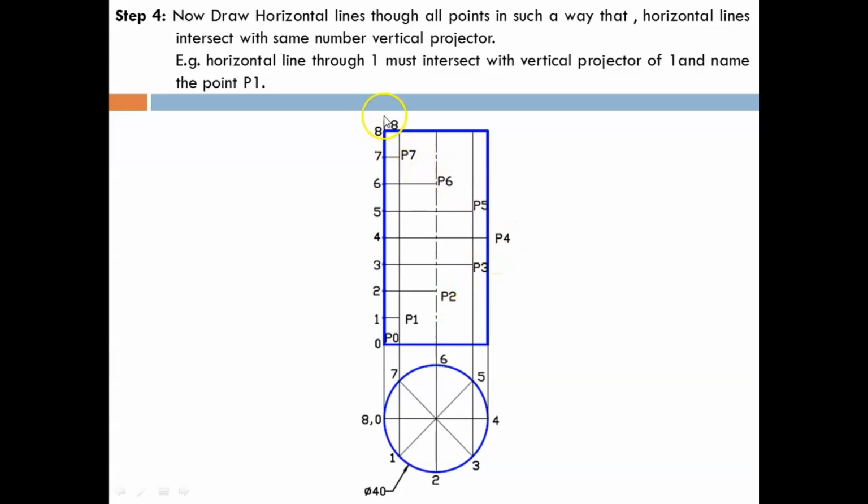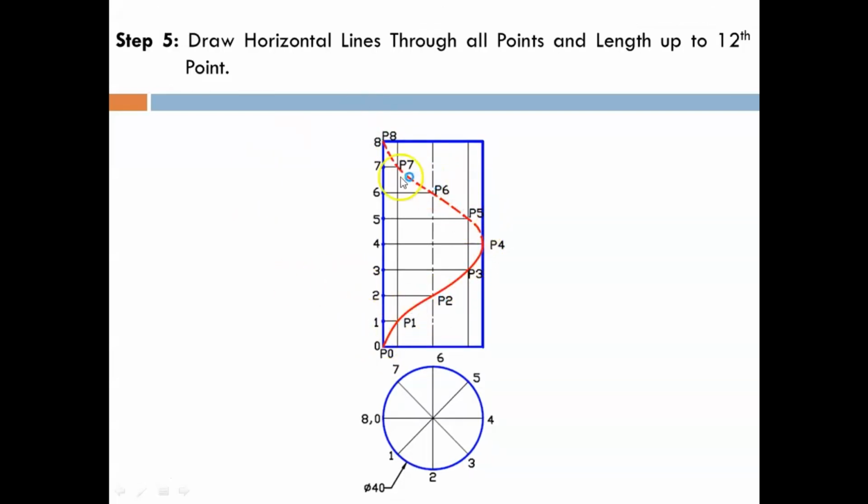Now join all the points with a smooth curve using a French curve. In the front view, the observer is looking from this direction, so 0 to 4 is visible to the observer. Hence the curve from P0 to P4 is a continuous line because it is visible.